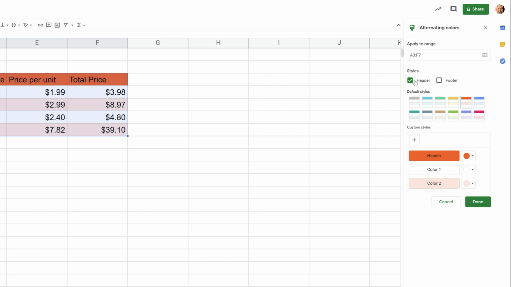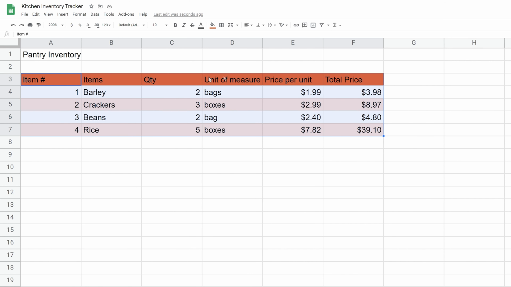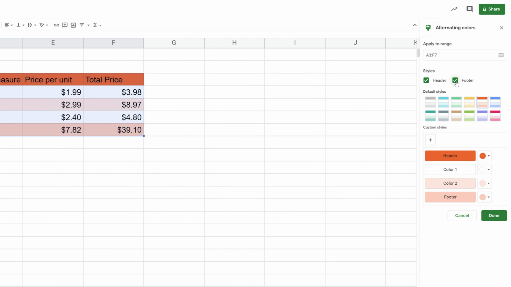And pay attention here to these style options. So it does have a header, and what it does is it makes the header a color that stands out. So you can see the difference between the labels of the columns and the actual data themselves. And if you had a footer, you could left click on that. We don't in this case, but you see it made the bottom a different color. Actually, we should do something here. So we're going to add some totals of the columns. We will have a footer.